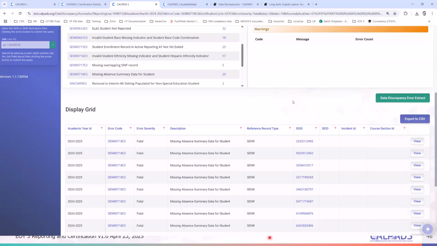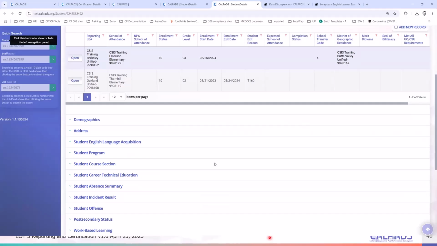Now, you can potentially submit STAS files to CalPADS right now just to see if there are any discrepancies that CalPADS sees with regards to your STAS records. Just do know that the STAS file is a replacement file processing. So if you're submitting a STAS at the same school for the same student, and then later on submit a new file, it will overwrite the old file, which is good, right? Since you are trying to just overwrite the data. Okay. So for this, it's just stating that you have a missing STAS file for this student.